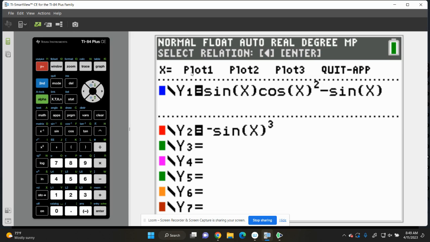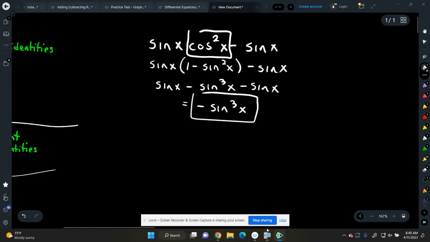So just remember, because you do have statistics, that'll happen a lot. If you get an invalid dim error, usually it's because one of these plots is lit up, which means your stat plot is still on. Okay, you just have to unselect it. Anyone else having trouble? Okay. All right, so let's go back.